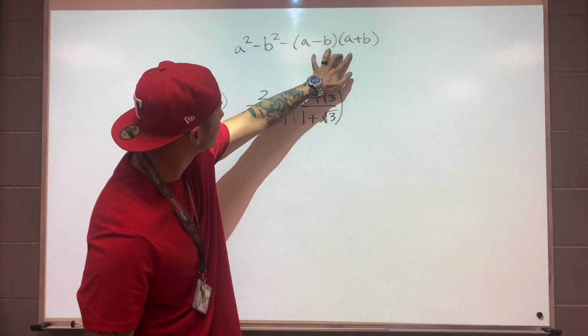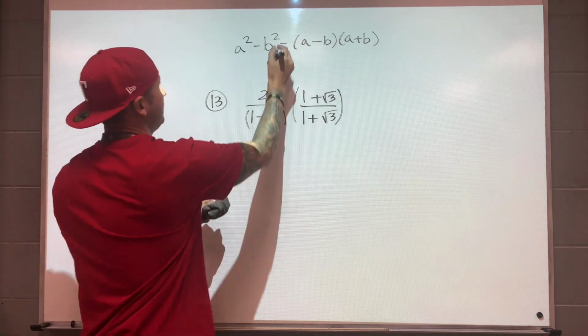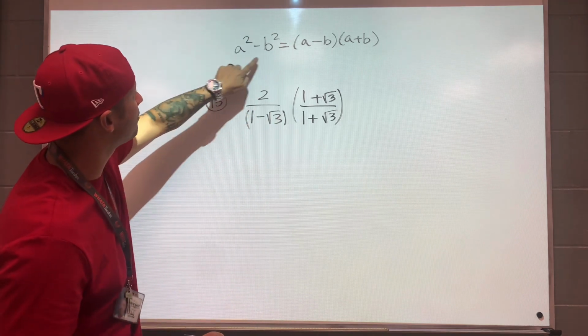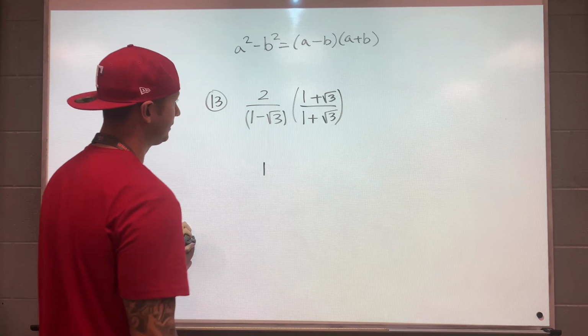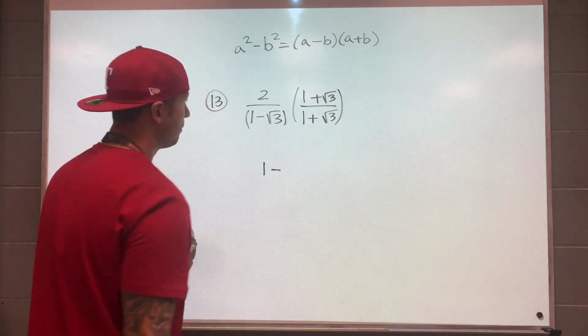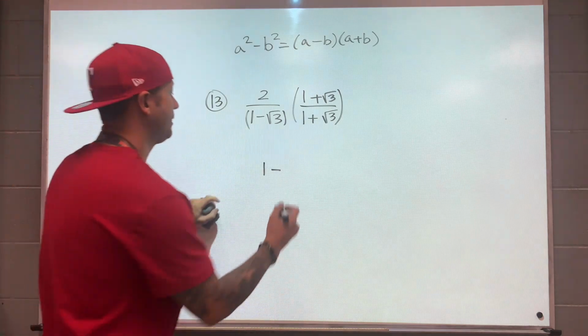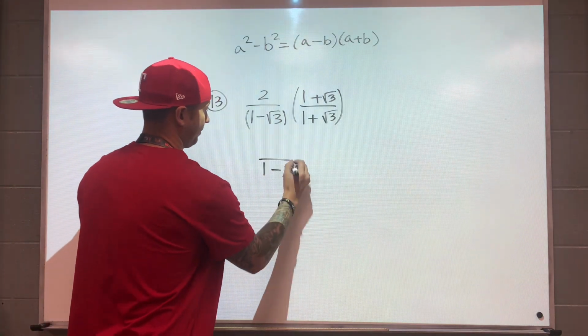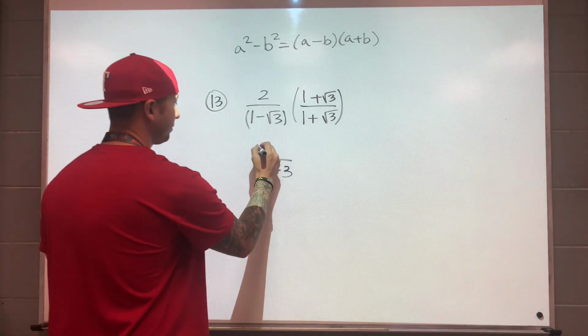So I can work backwards. If this is the case, then I can do a squared minus b squared. So a squared is going to be 1 squared, that's nice, minus b squared. So root 3 times root 3, which is just 3. That's nice. And then the top,